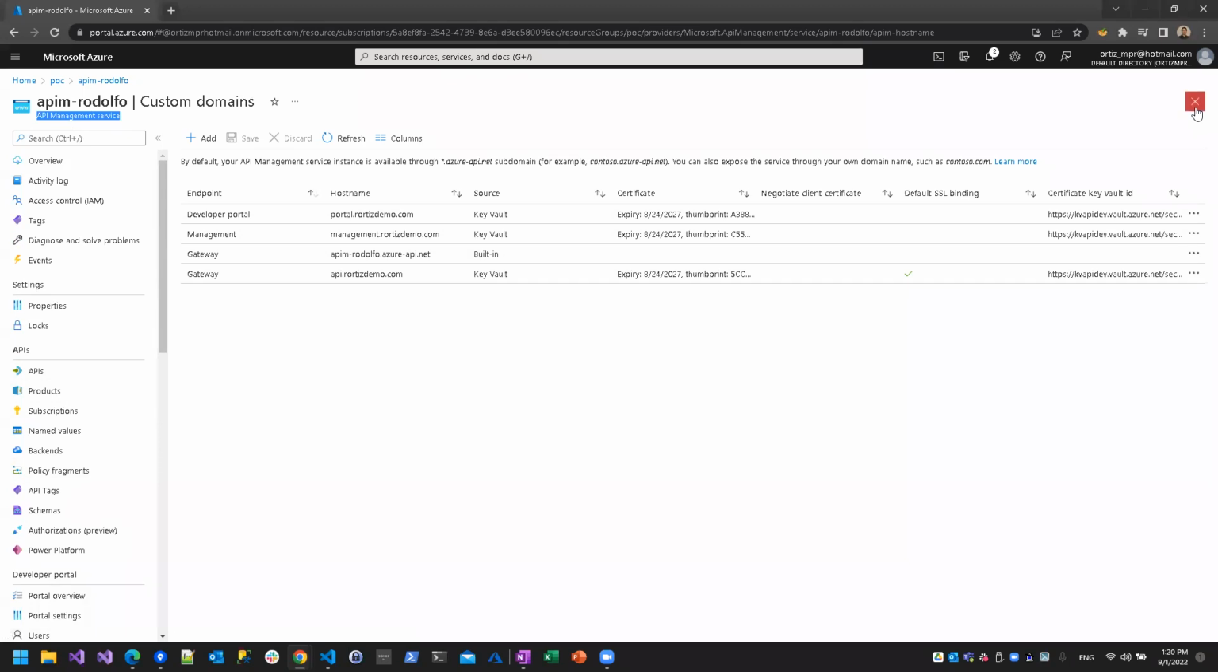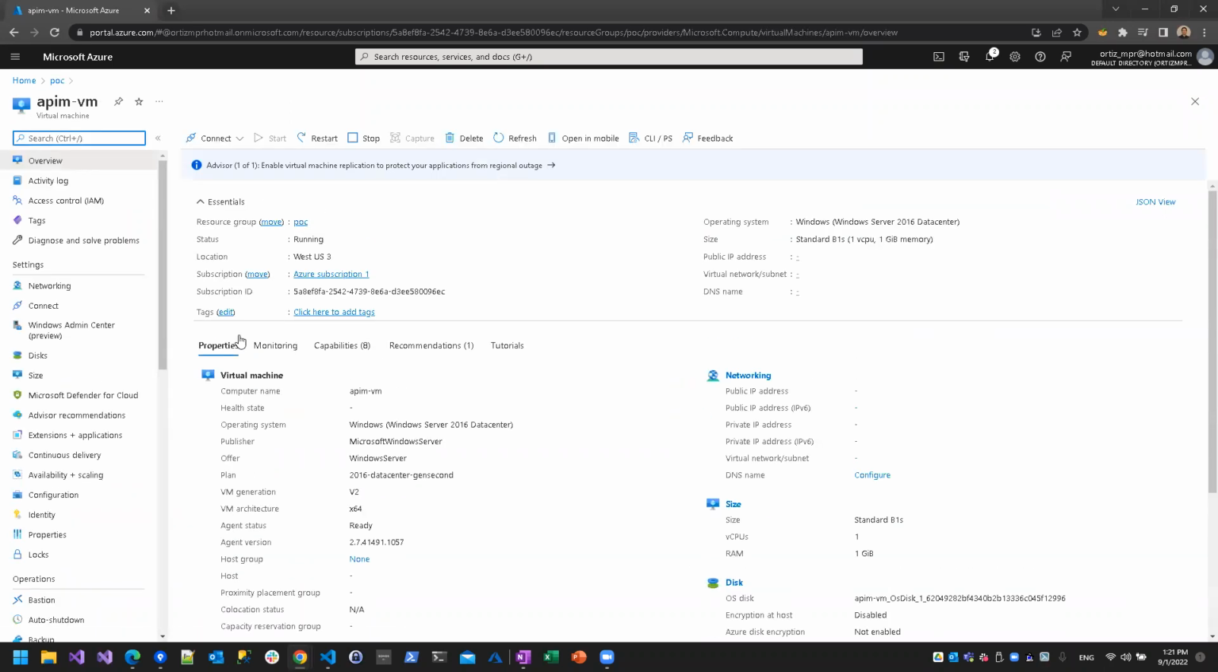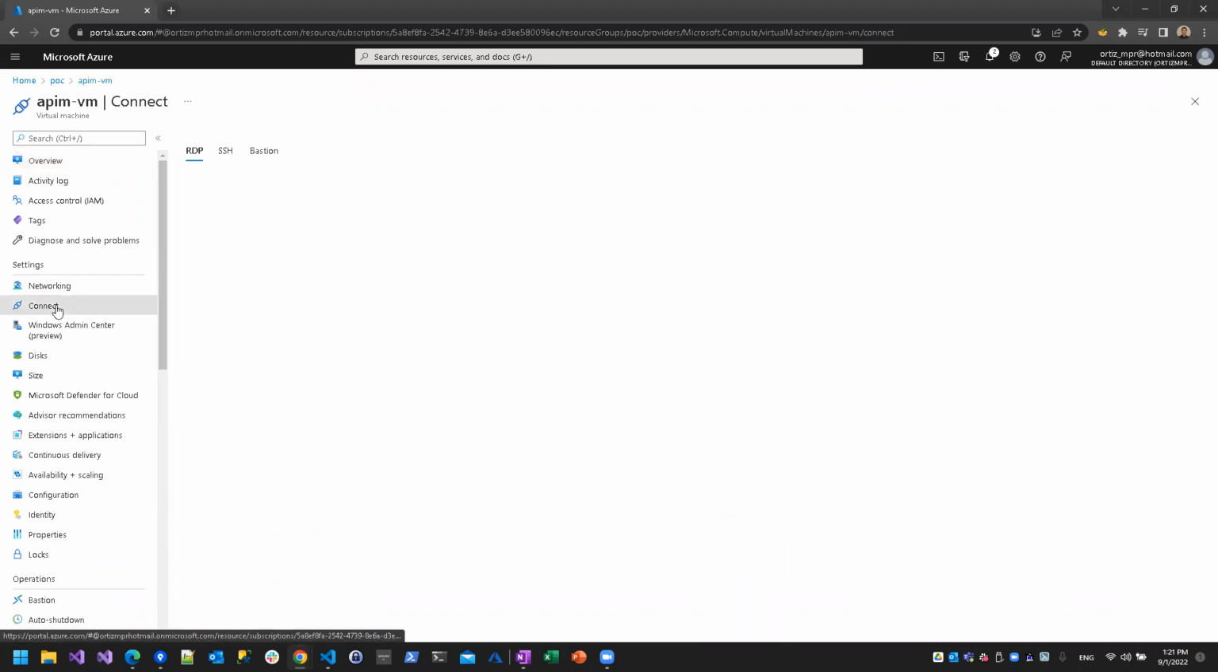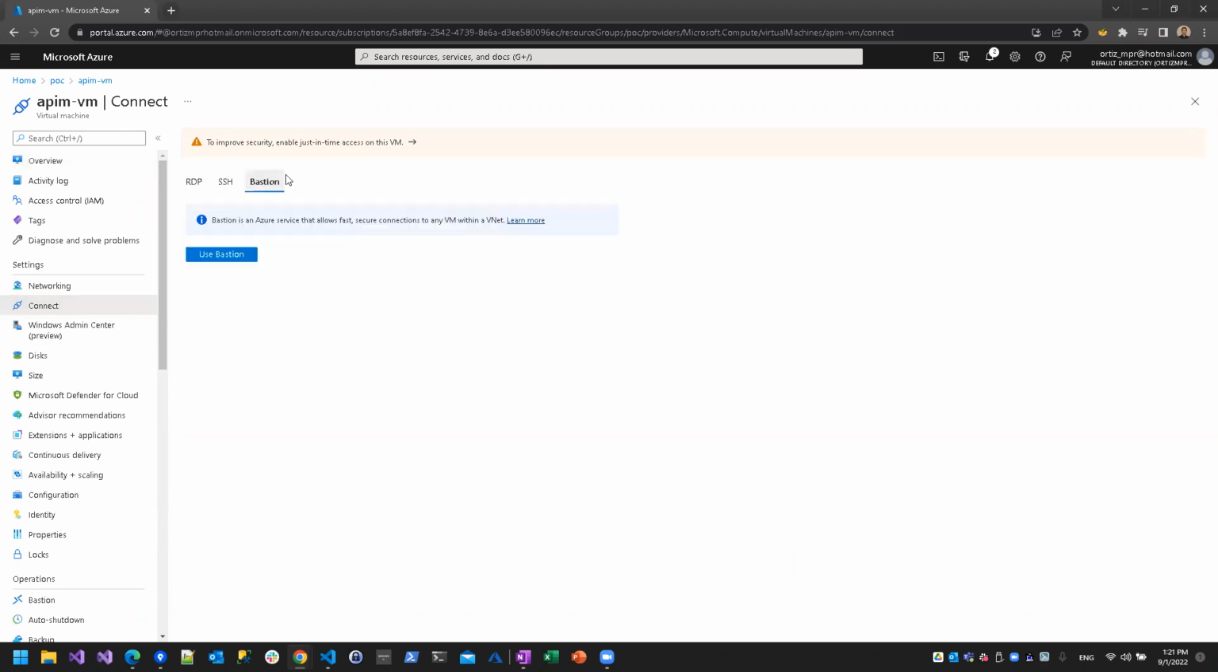Let's go back over here. We already reviewed the security group. Let's look at the virtual machine. In this case, I have the virtual machine configured for RDP connections, but ideally you want to use Bastion. Bastion allows you to connect to a virtual machine running in a VNet without having to expose a public IP address. That way,